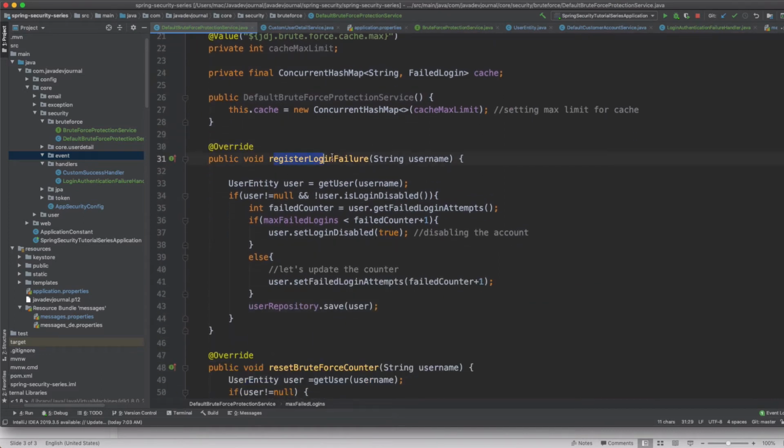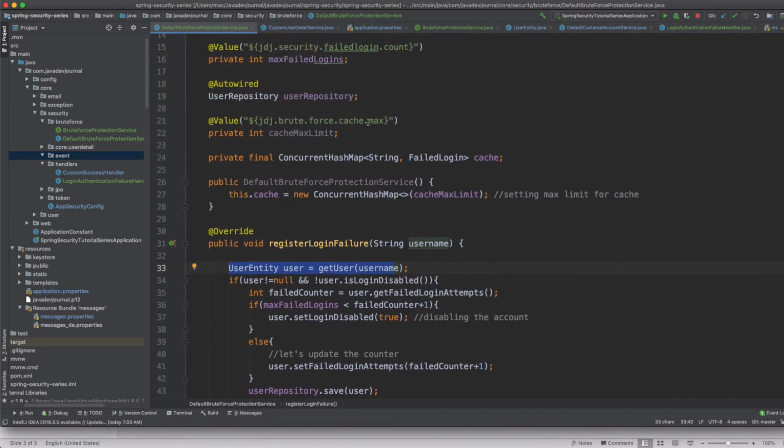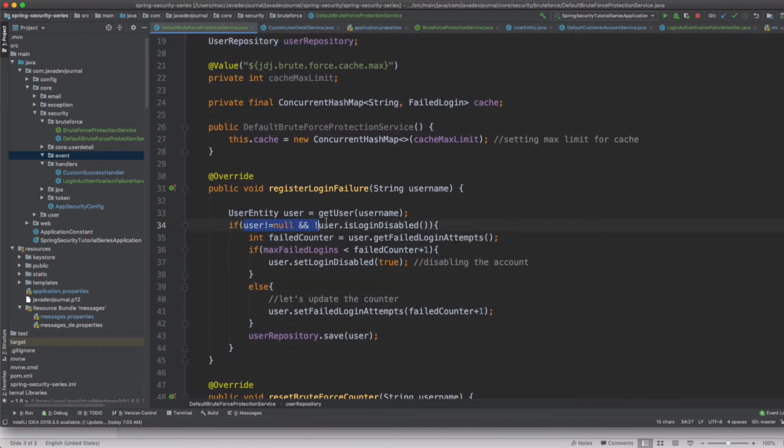This is straightforward. I'm getting the user entity, fetching a user based on our user repository, which we have used throughout our course. If the user is not null and the account is not disabled, then I run the logic. I don't want to run any logic if the account is already disabled. If it is not disabled and the user is there, I get the failed counter from the database and compare whether it exceeds the threshold.